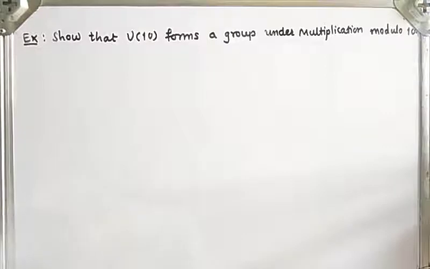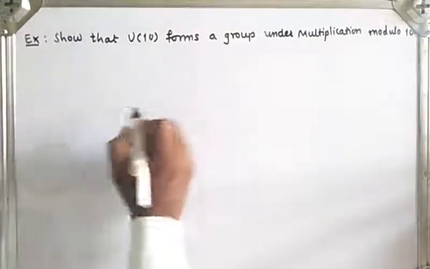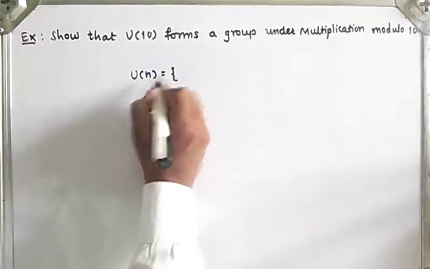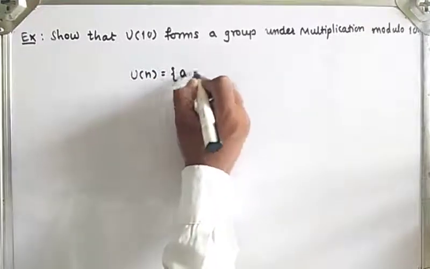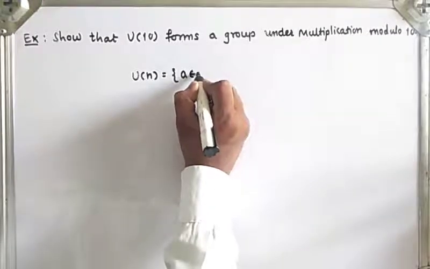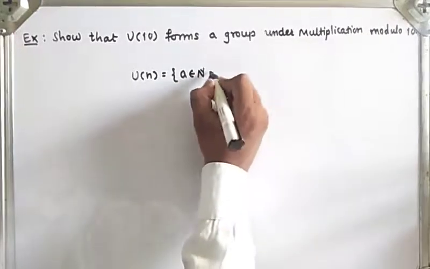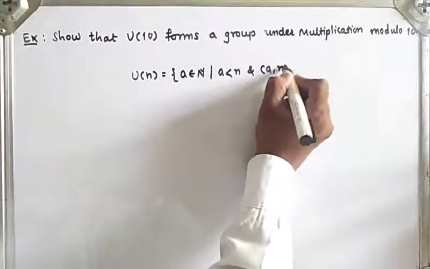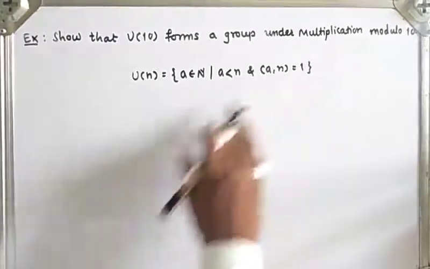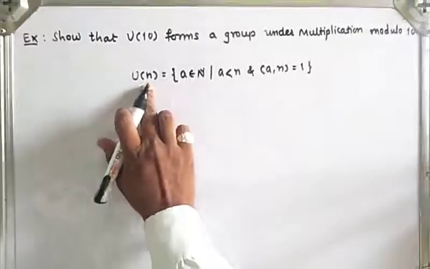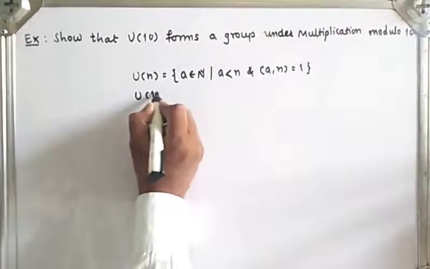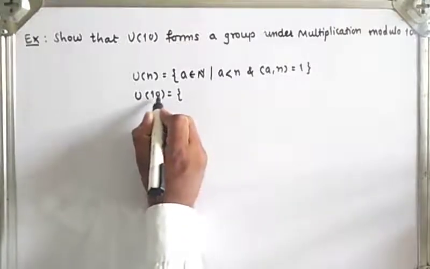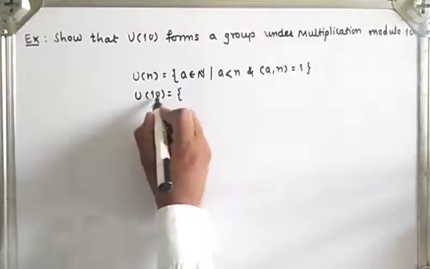Before that we'll see U of 10. What is U of n? We know that U of n is the units in n, the numbers a which belong to the set of natural numbers such that a should be less than n and GCD of a and n is equal to 1. So those are the numbers in U of n. So here U of 10 has numbers which are relatively prime to 10, meaning the numbers whose GCD with 10 is